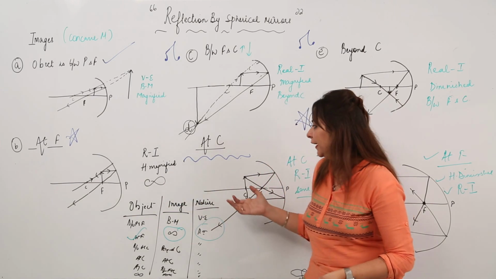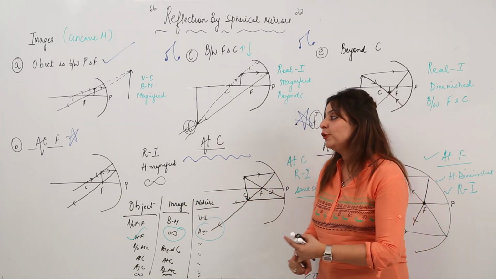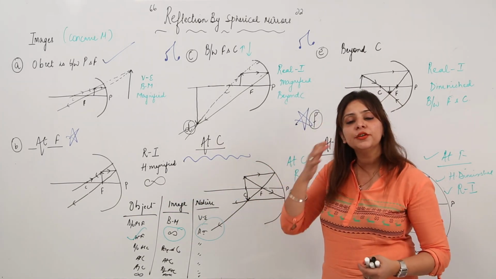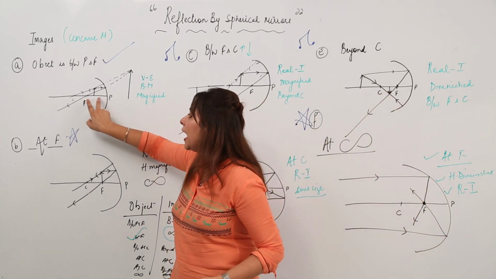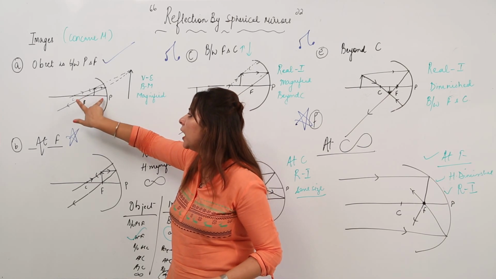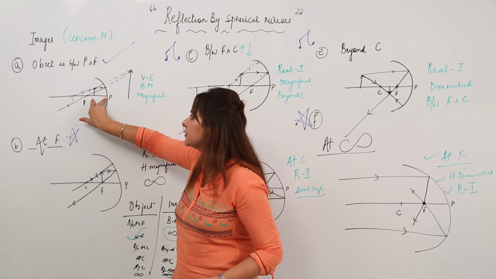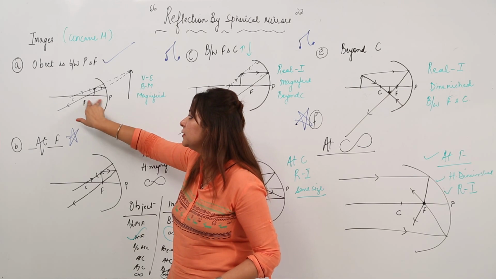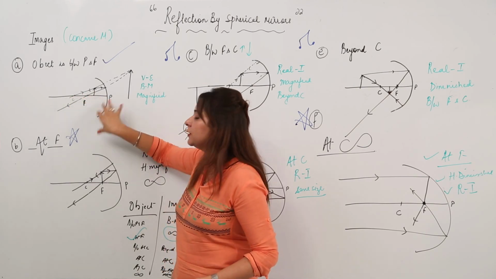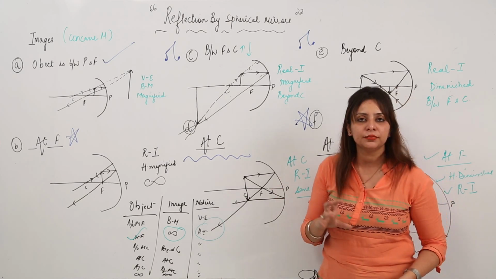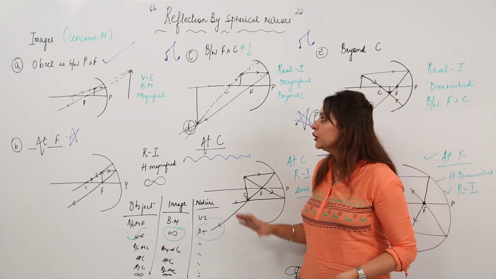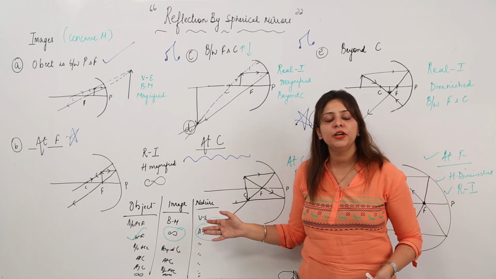And one more thing, whenever you are making the ray diagrams, as I have drawn with a free hand, but whenever you are drawing, just take care of these distances, as we know that focal length is half of the radius. Suppose the radius is 6 centimeter, then this distance is 3 centimeter, and this is also 3 centimeter. So just keep the distances accurate whenever you are drawing with a ruler or something. So this is the image formed by the concave mirror. Now we will be drawing for